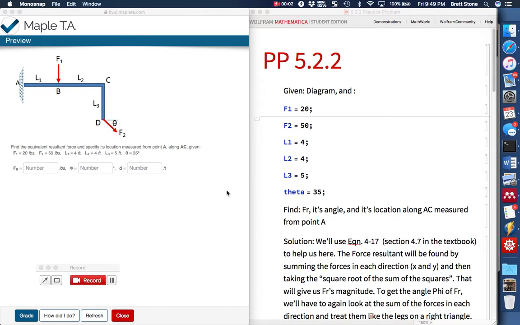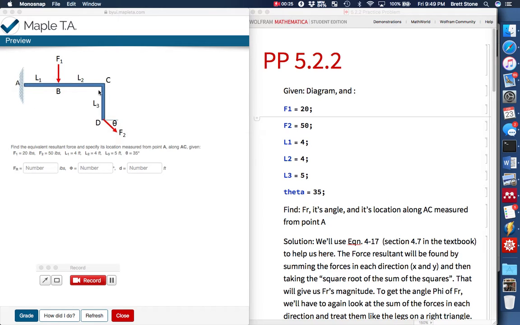Hey everybody, I got a question about practice problem 5.2.2, and I have a feeling that some of you might still be working on the section on Unit 5, so I thought I'd post this before I did anything on Unit 6. I will post something on that. But anyway, practice problem 5.2.2 gives us this blue structure over here,